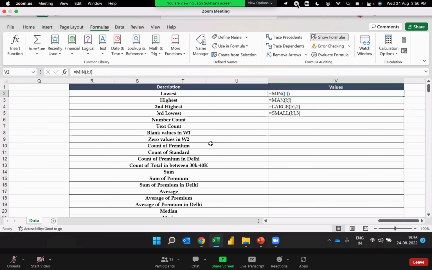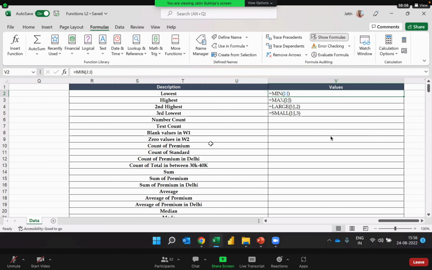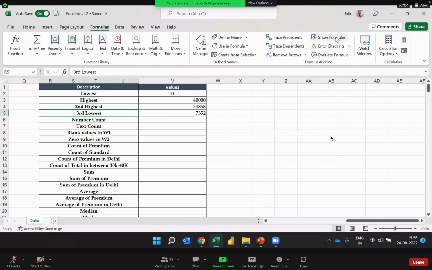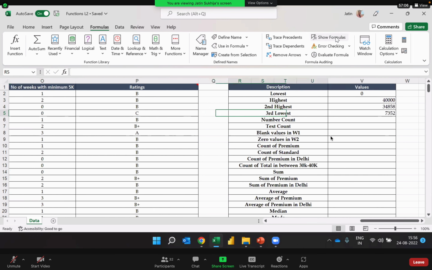A few minutes back, I covered min, max, large, and small. If you have any doubts with reference to whatever we have done till now, feel free to ask, in terms of any of the functions. So after applying these four functions,